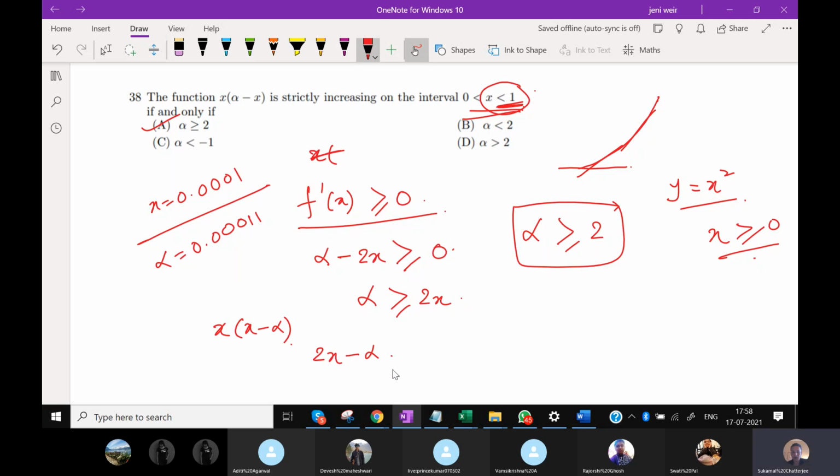Then by the same logic, this has to be greater than equal to 0. So alpha has to be less than equal to 2. Yes, sir. Right? So alpha has to be less than equal to 2 on one side, and